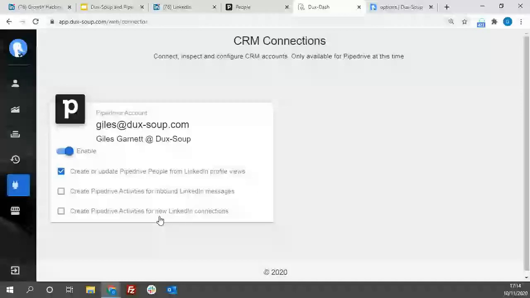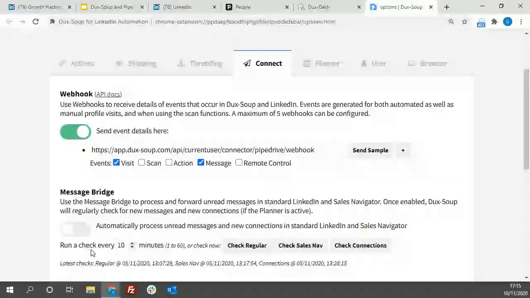Similarly, when somebody accepts your connection request, so if you're doing your auto visits and your outreach for new connections, you're sending out those. When people accept your connection request, you can have an activity created within Pipedrive relating to any new connections. So if I turn these two on here, what we're going to see then is some of my options change